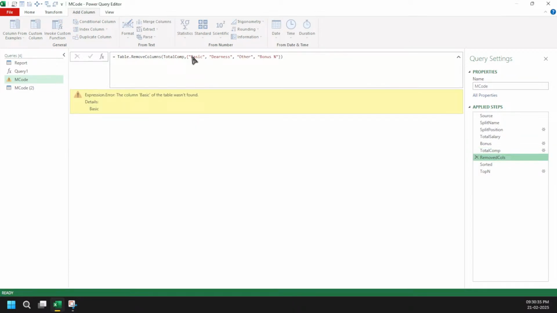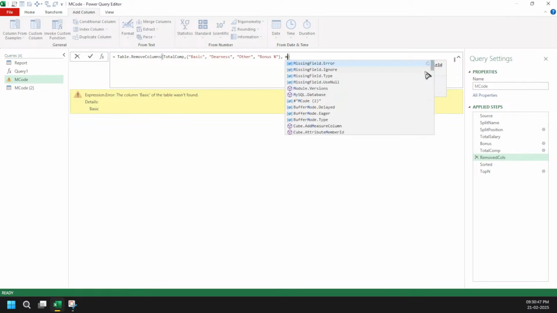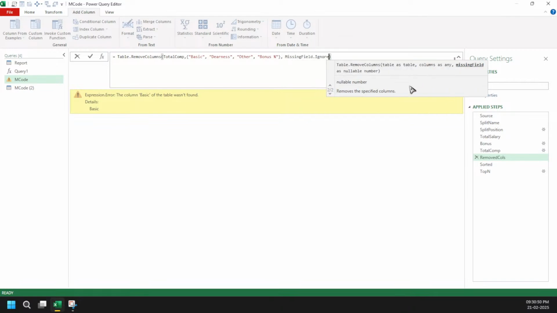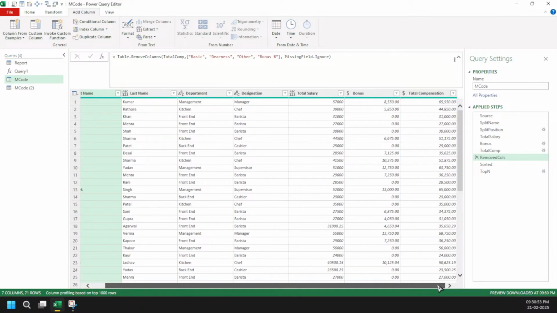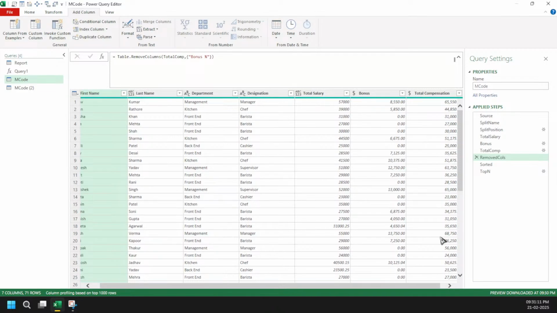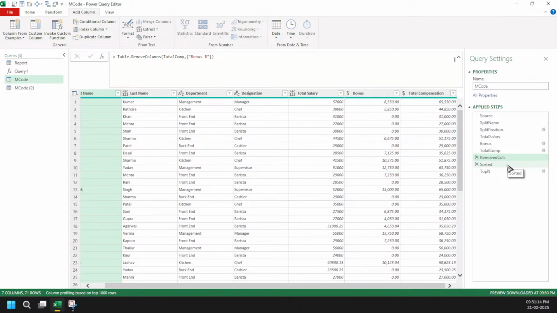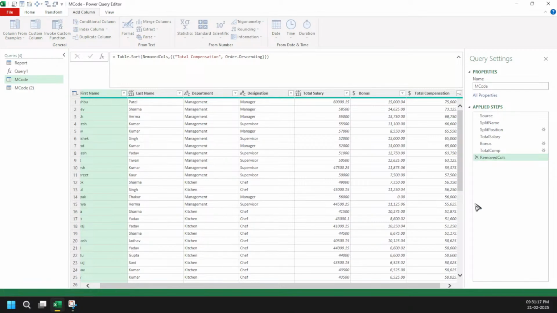And the only thing which I don't want is the bonus portion. But here is one more trick I want to show. If you come here and see some of the other functions, you can use this field, missing field. So when I come here, missing field, dot ignore, you will see now I am not getting any error, right? So if you have hard coded some of the columns and you know I won't be needing these columns, then yeah, you can use this feature. But anyways, I don't want to do this portion for now. So yeah, I've removed my bonus.